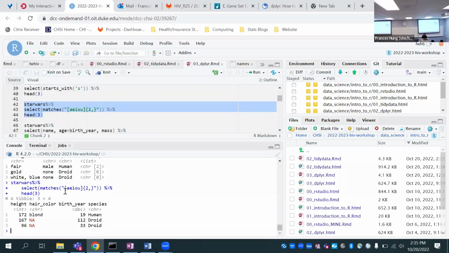So we have here EI in height, AI in hair color, EA in birth year, and IE in species. And this sort of string matching can get pretty complicated, but it's pretty fun once you get the hang of it. There are some websites which let you play with patterns and see what you can match.